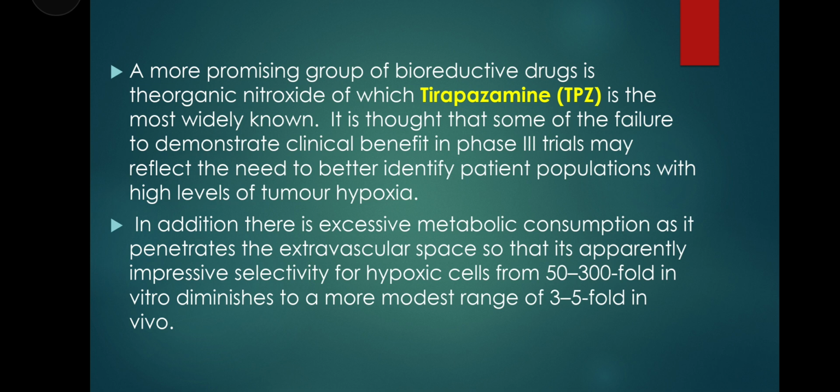A more promising group of bioreductive drugs is organic nitroxides, of which tirapazamine is the most widely known. It is true that some of the failure to demonstrate clinical benefit in phase 3 trials may reflect the need to better identify patient populations with a high level of tumor hypoxia. In addition, there is excessive metabolic consumption as it penetrates the extravascular space, so that its apparently impressive selectivity for hypoxic cells, from 50 to 300 fold in vitro, diminishes to a more modest range of 3 to 5 fold